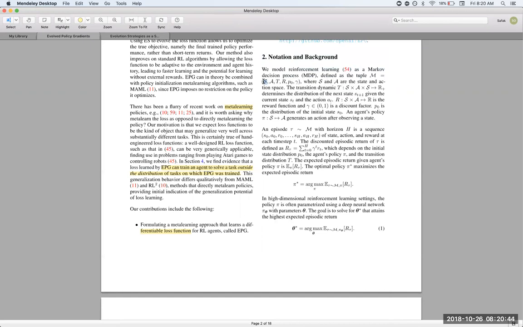S is a state, which describes the environment at a given moment, and A is the space of actions. So we have the state space, we have the action space, and T is the transition dynamic, which is the transition distribution. So it's S cross A cross S, which means you have a current state, and an action, and